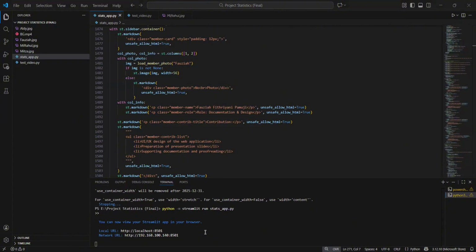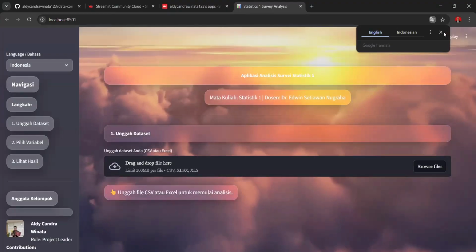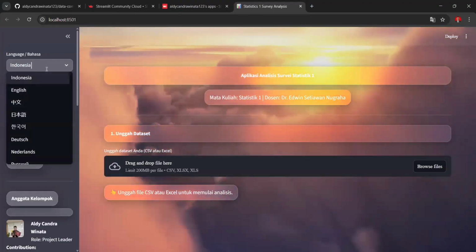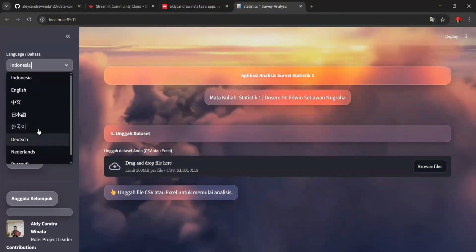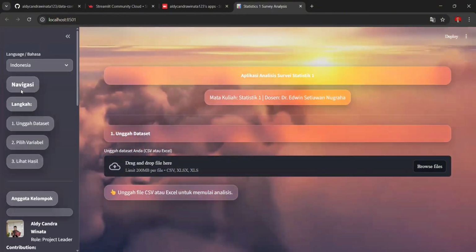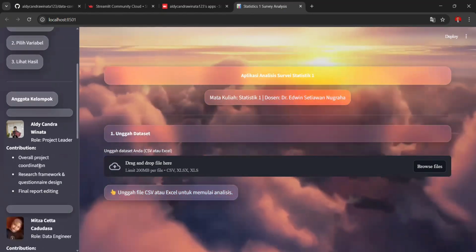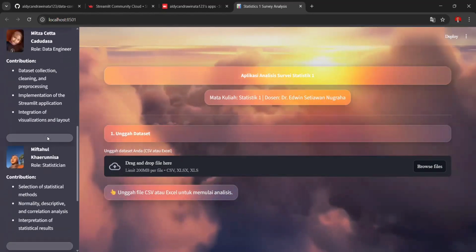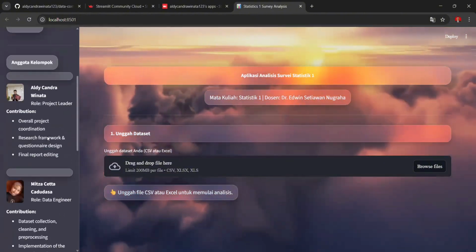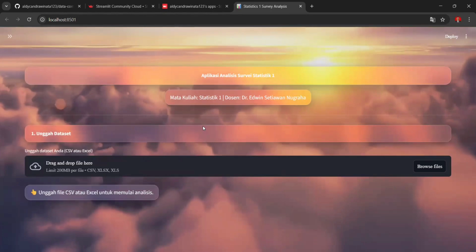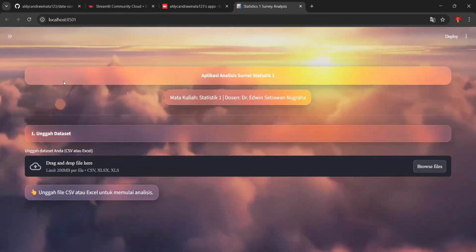I will share the screen to this. Okay, this is our web application, and this is the feature where we can choose the language, and this is the navigation, and this is the group member. Each member has a role and contribution.